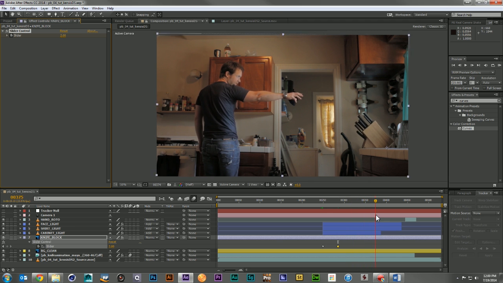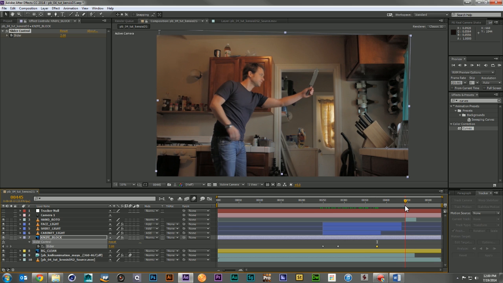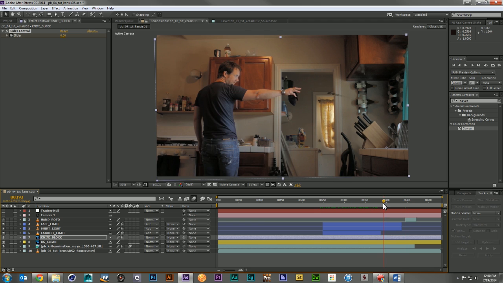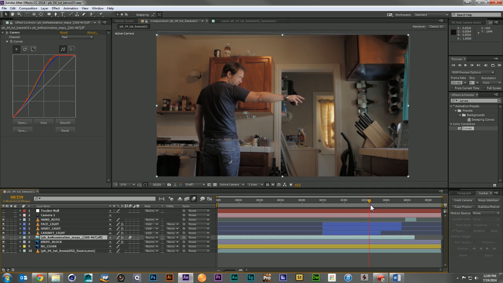Around here, the knife is coming up, so the effect on the block should start falling off. And then as the knife comes out and into his hand, we're going to turn that effect completely off. Now we have the knife underneath our clean plate right now, so let's go ahead and jump that up. There we go. And as it comes up, what we're going to want to do is add a mask to this, so that while it's in the block,